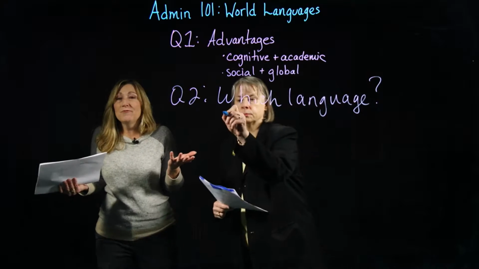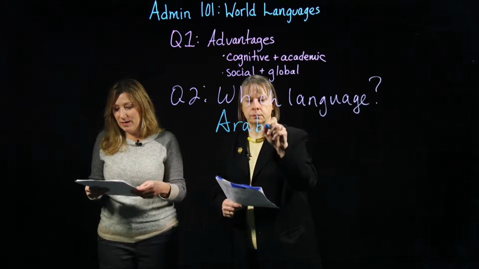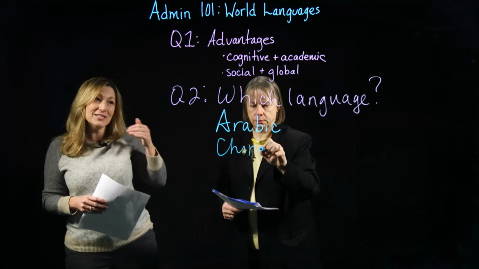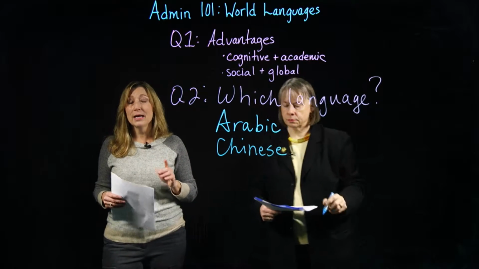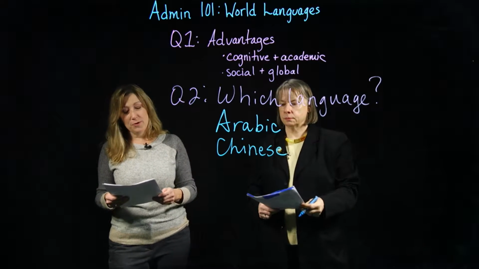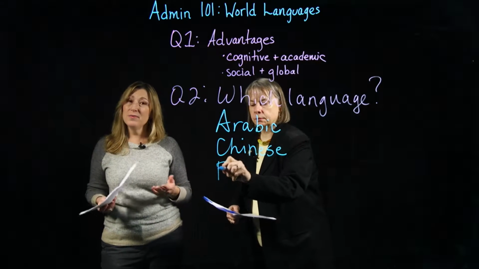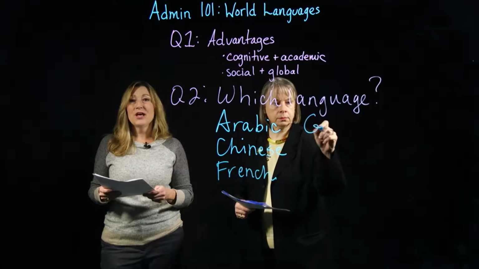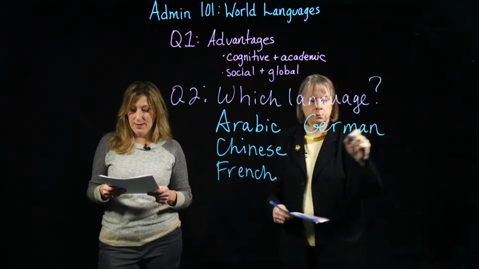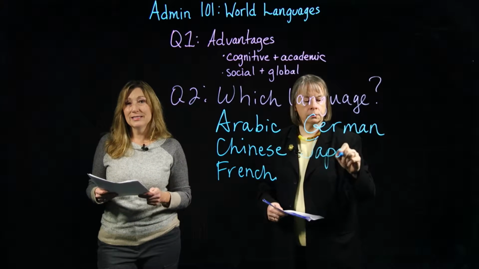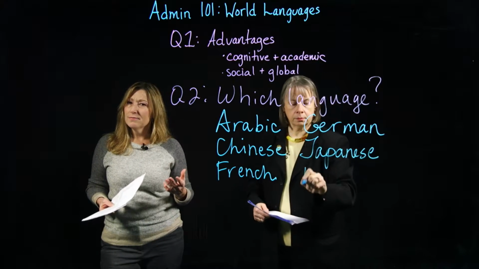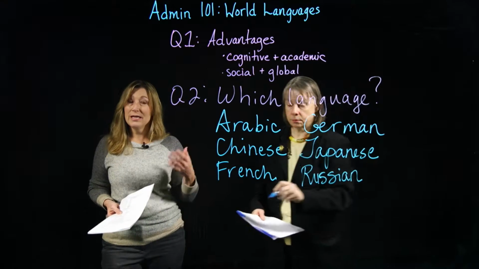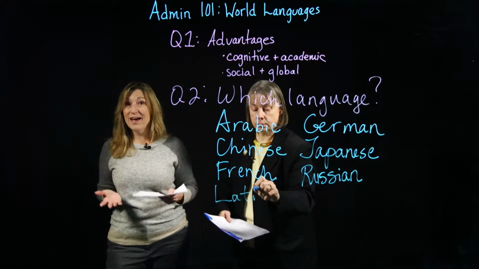So let's go through. Arabic. In the world, we have roughly 280 million people that speak Arabic. Chinese has 935 million. Now there are different versions, dialects of Chinese. We have to keep that in mind. But 935 million is a lot of people. French, you have 75 million people who speak French. German, 92 million. Japanese, 125 million. Russian, 160 million. And then you have Latin. Now Latin, they say, is a dead language, but it is still used in many situations, and it is the official language of the Vatican.